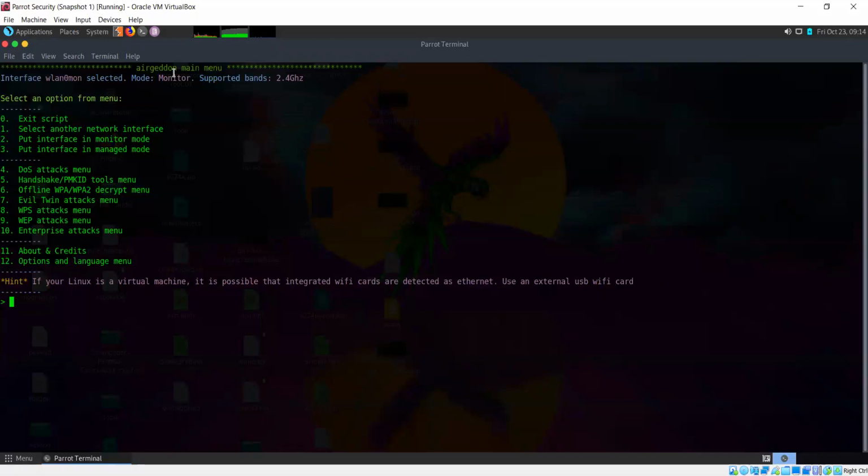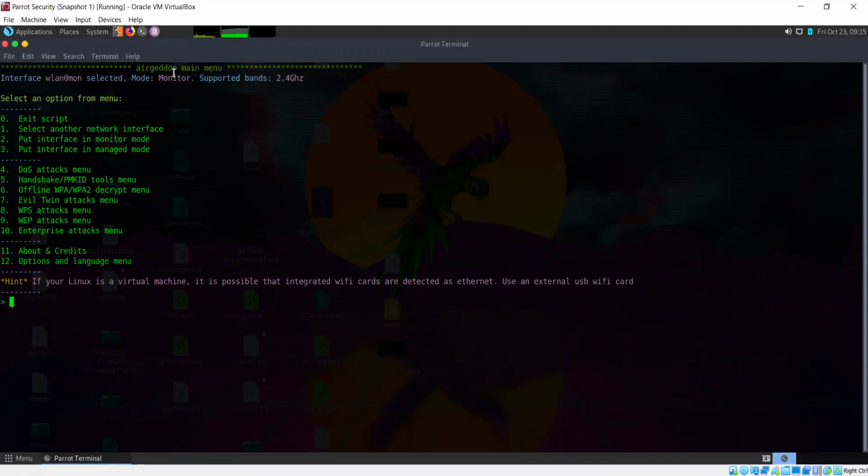Because the process we use is, after you select your target, you perform a denial of service attack. So you try to dissociate that device, you try to disconnect that device from the network. Then when it reconnects, you capture the handshake.